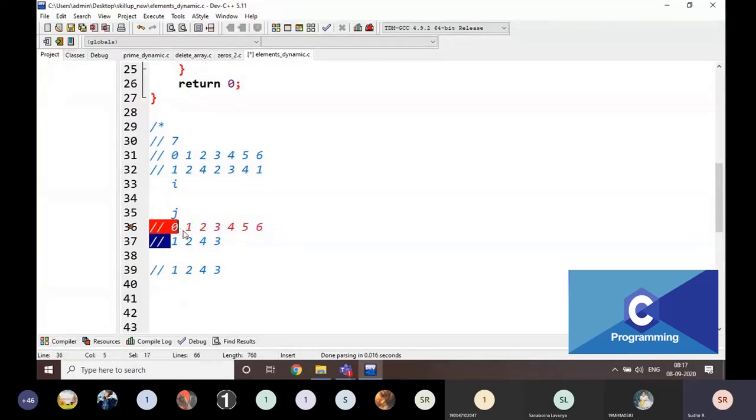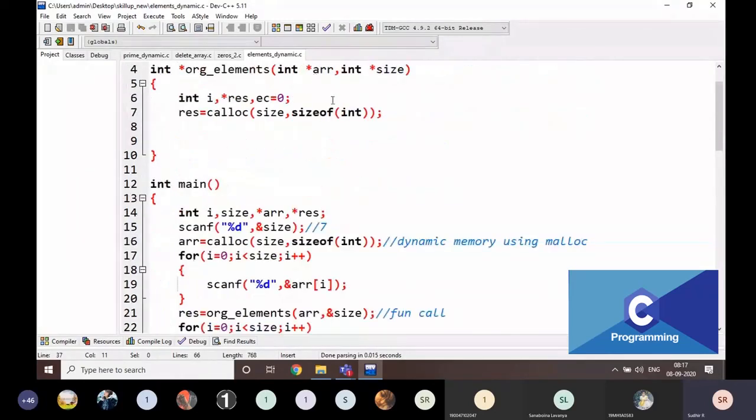Okay, is it clear everyone? What is my logic here? This is my logic. In this way, I am going to compare every time the res value, the array value, AR of I value, is it in the result array or not?